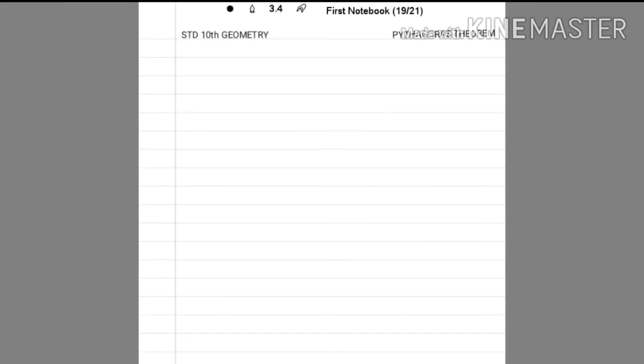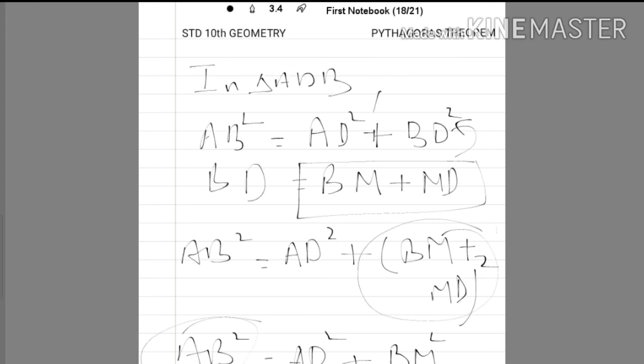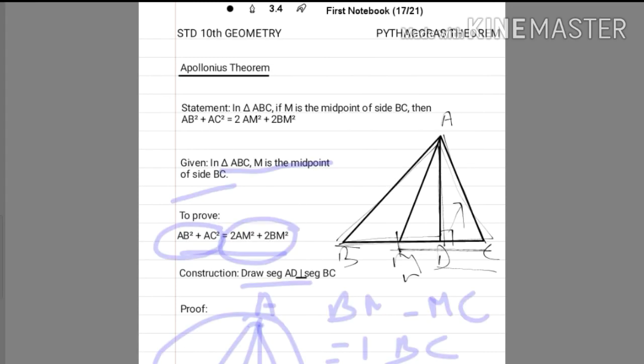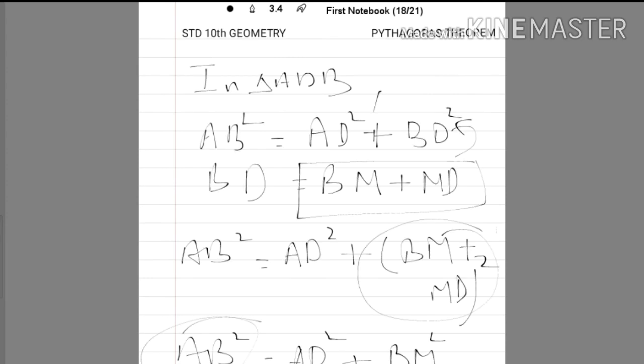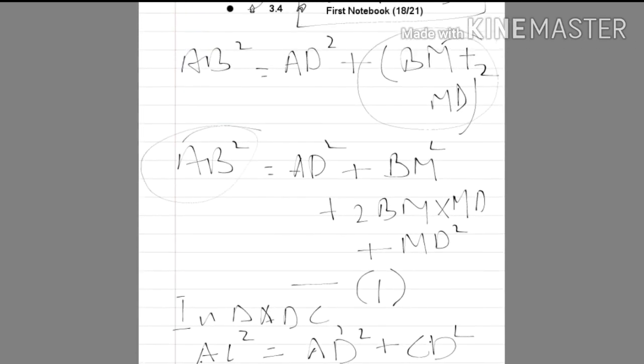So CD is equal to MC minus MD. Now this value of CD we will substitute in the equation we got just now,